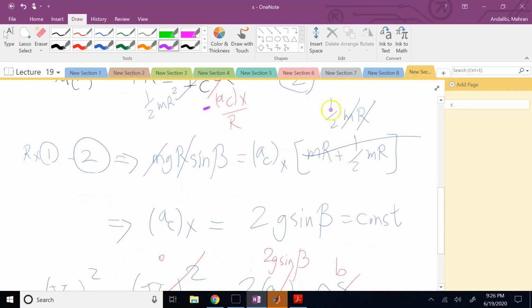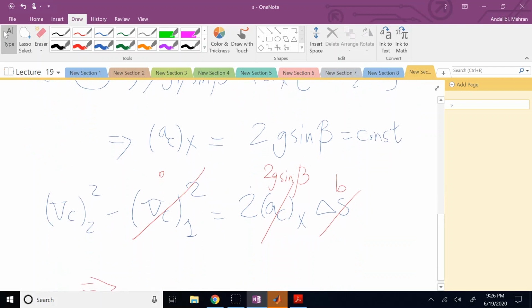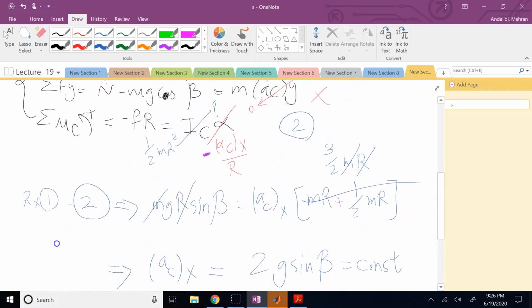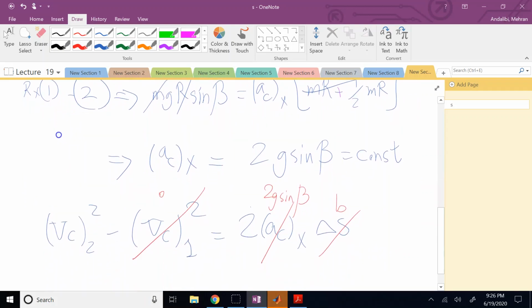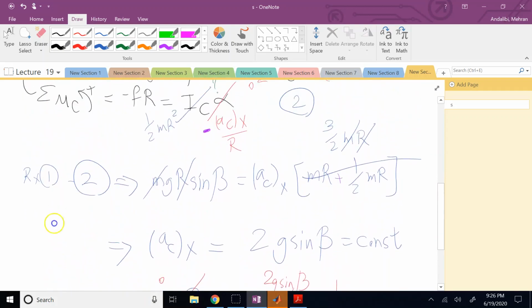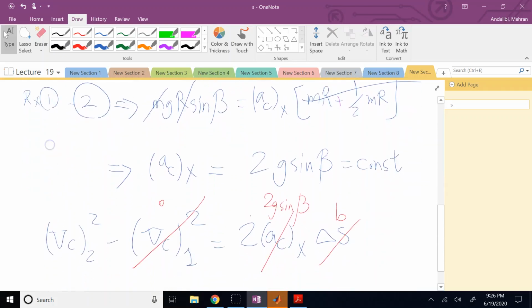And so this is not going to be 1 over 2, it is going to be 3 over 2. And so this is going to be 2g over 3. Okay, so 2g sine,